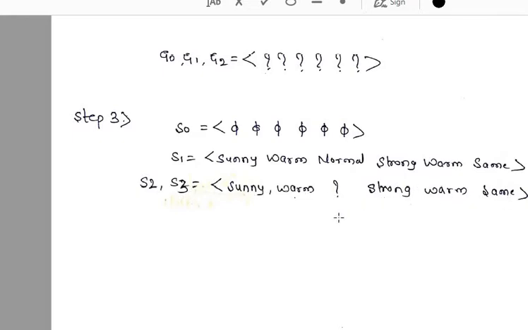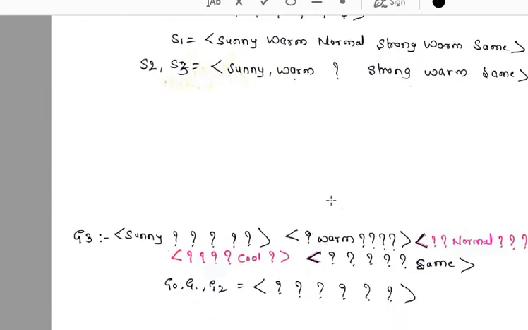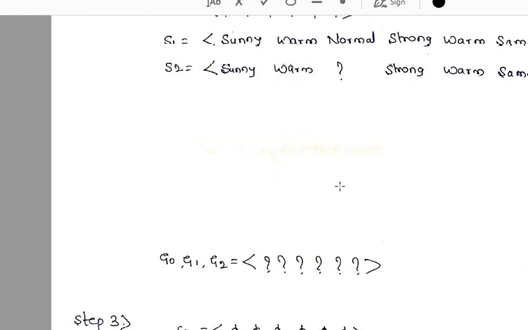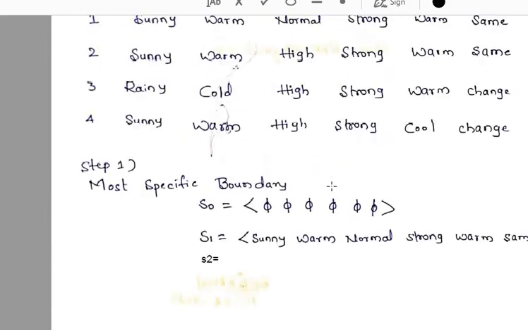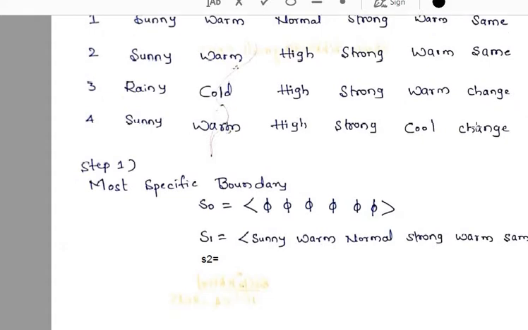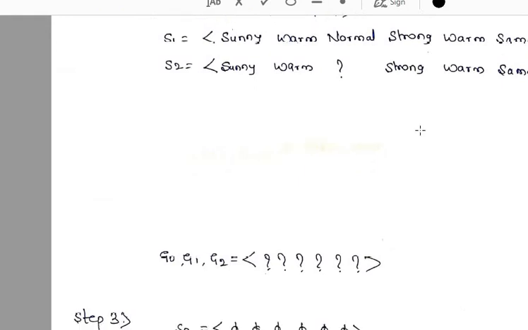Okay, so what about the general now? As you know, previously the general was taking a question mark. Now if I take the question mark for step 3 also, the question mark indicates it can take any values. But here, if we take any values, the example is classified as negatively. So if we put the same question mark values, the example is classified positively.